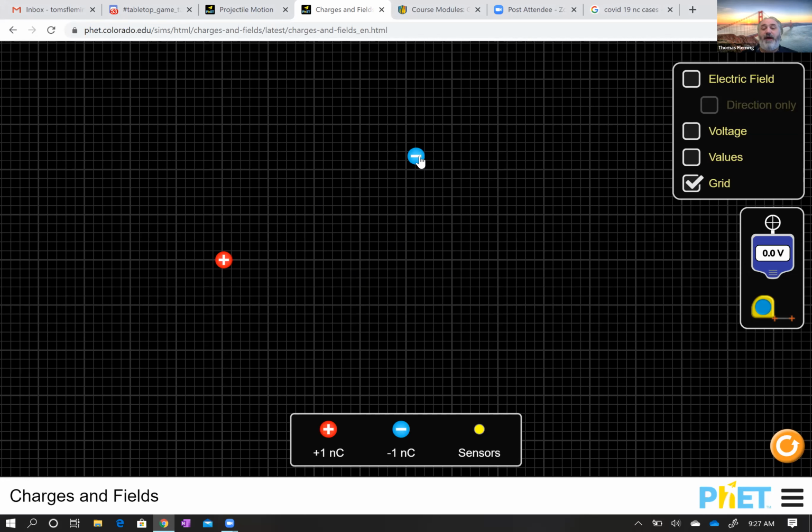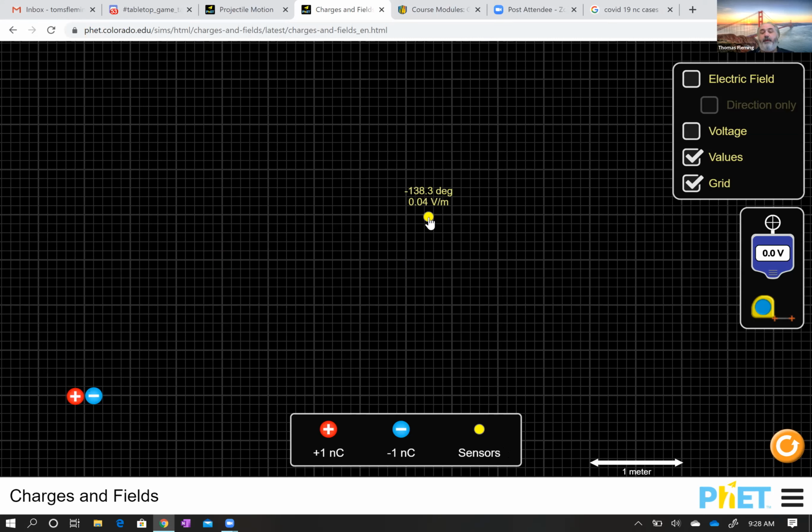So what I would do is build a dipole, and you've got a total of 6 objectives. I'm going to take this dipole, for reasons that should become obvious in a minute, and put it way down here out of the way. You'll notice I'm starting out with my 2 charges basically as close together as I can get them. I'm trying to keep them centered on one of these little grid lines so I can tell that they're lined up properly. And if I turn on the value setting,